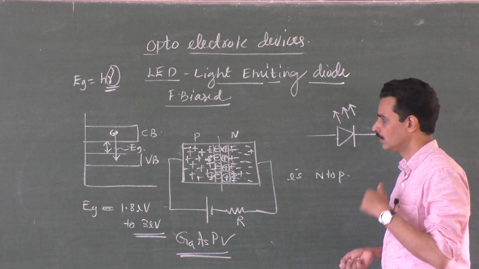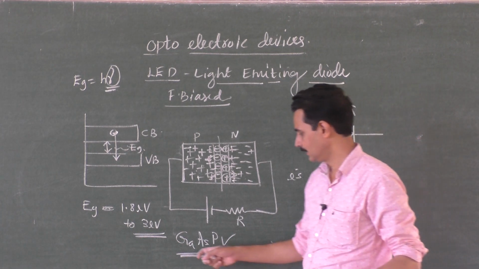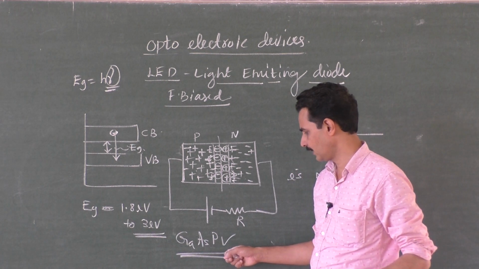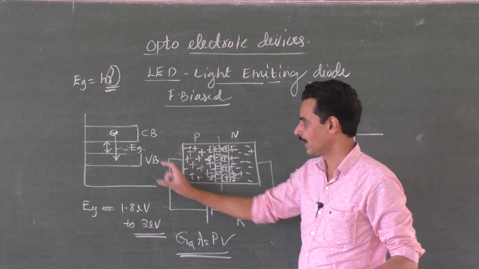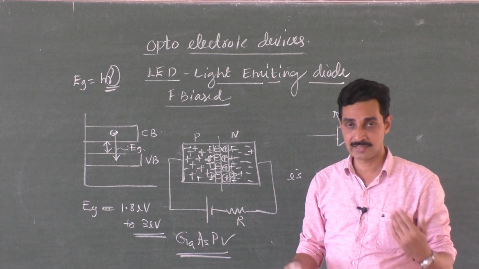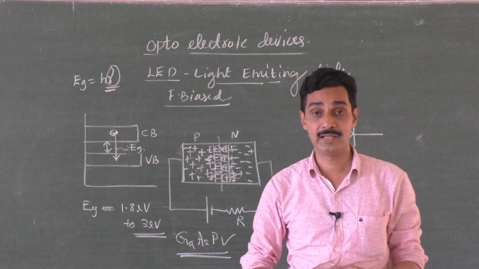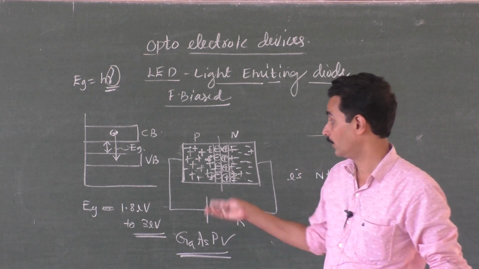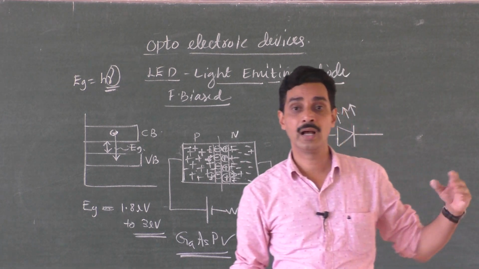Right. So the LED is forward biased, and you have to suitably select some materials. Gallium arsenide phosphide is one of the materials chosen for constructing an LED, where the energy gap is suitable to see the radiation you can have. And another advantage of the LED, right? Of course, you can construct an LED. What is the advantage of LED over other bulbs?